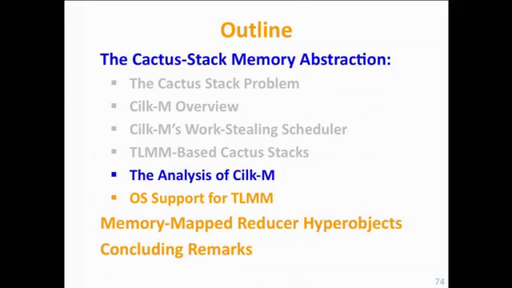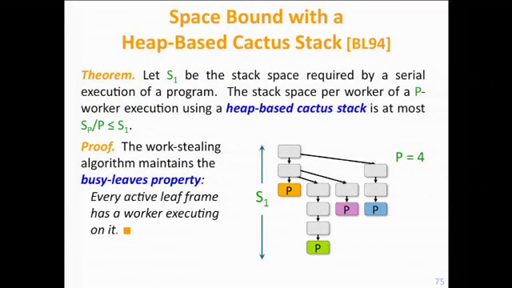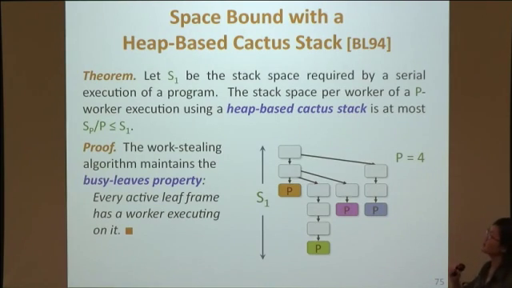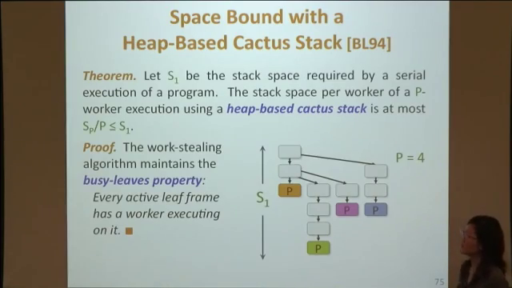Let's look at the analysis, how we maintain the bound. Let's review the heap-based cactus stack. Let S1 be the stack space required by our serial execution, and SP be the space required by parallel execution. Using a heap-based cactus stack, each worker does not use more than S1 amount of space. The gist of the proof is that the work-stealing runtime system maintains what we call the busy-leaves property, which says that every active frame, meaning a frame that has been invoked and has been allocated,